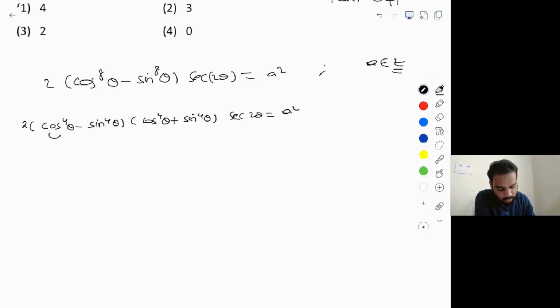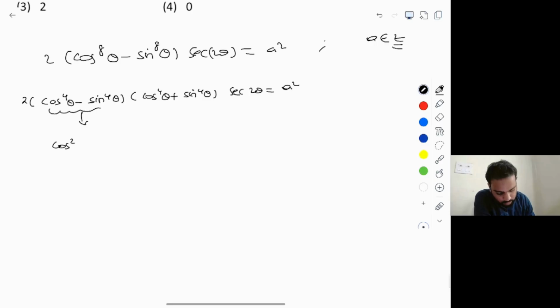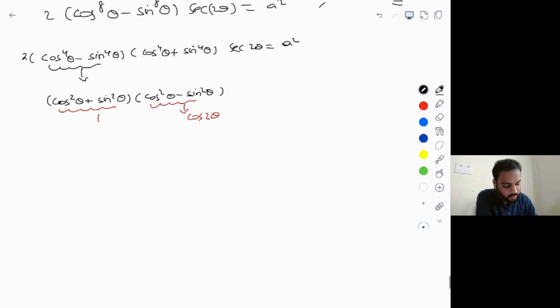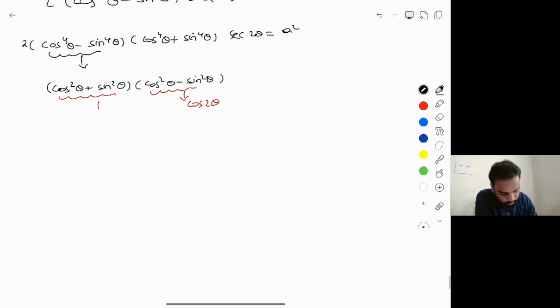But once again, I can further write this cos power 4 minus sin power 4 as what? Cos square theta plus sin square theta multiplied by cos square theta minus sin square theta, right? But very clearly, cos square theta plus sin square theta will be equal to 1. And what about this cos square theta minus sin square theta? Very clearly, it is cos of 2 theta. So let us rewrite the entire equation once again, which reduces to 2 into cos 2 theta multiplied by,